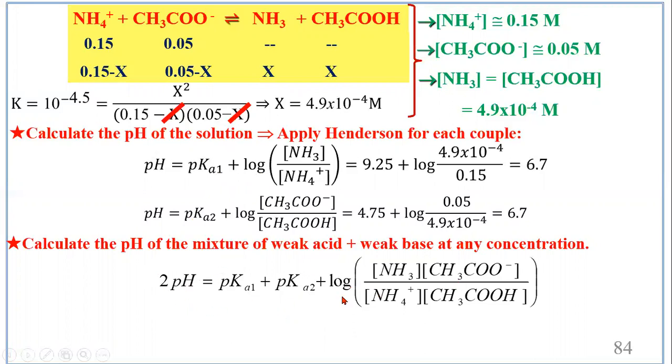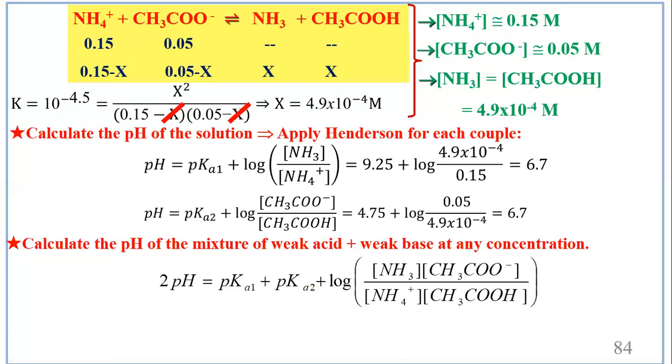Nonetheless, this is the overall equation that I can use for any acid-base mixture where I have two couples. I just put 2 pH equals pKa of one of the acids, pKa of the other acid couple, plus the log of the bases divided by the acids